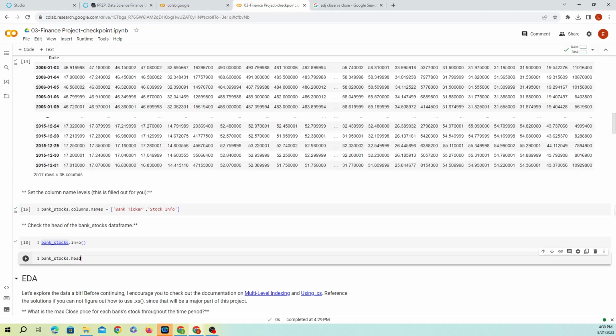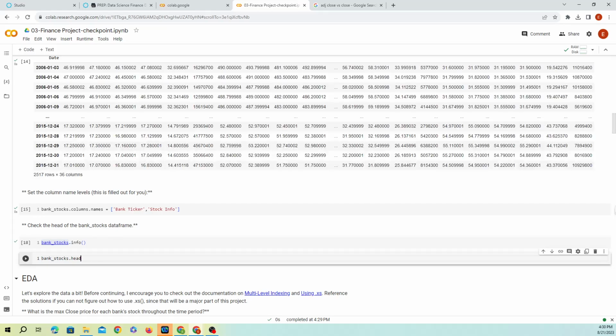Even though we put 2006 January 1st, it started on January 3rd, probably because, remember, during the weekend the stock market is closed. January 1st, 2006 was Saturday, and Sunday was January 2nd. So there's no data there.